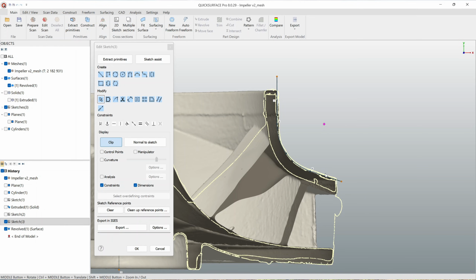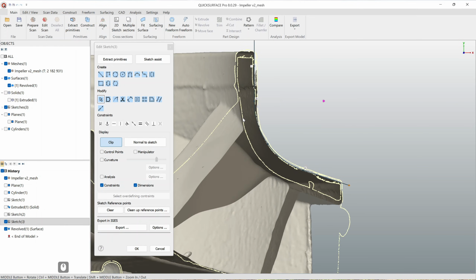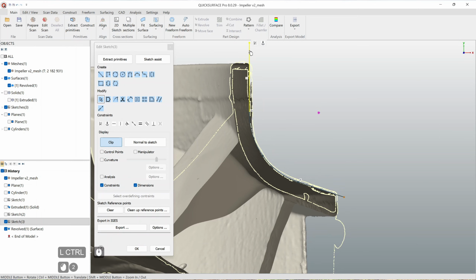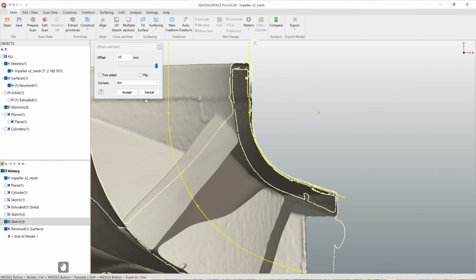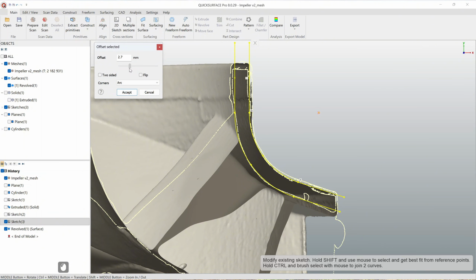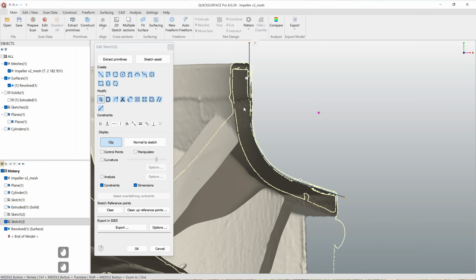edit our sketch to add some thickness. What we can do, we can try to select all these entities, click on offset. See how it goes. Okay, probably I'm not actually satisfied with the result, so